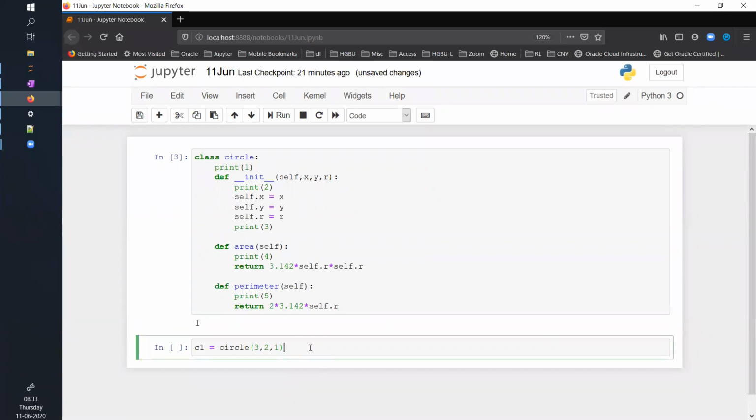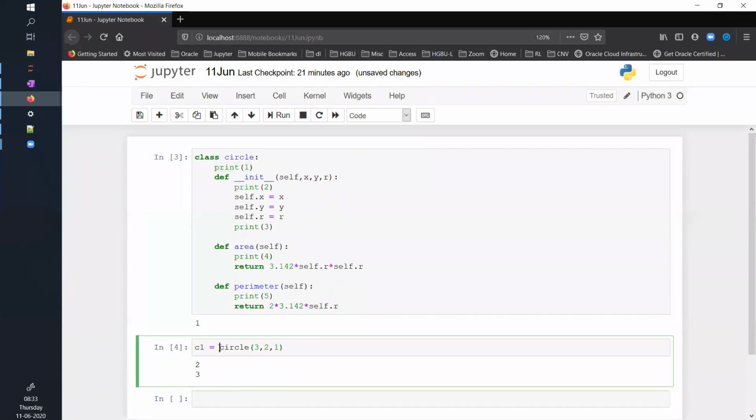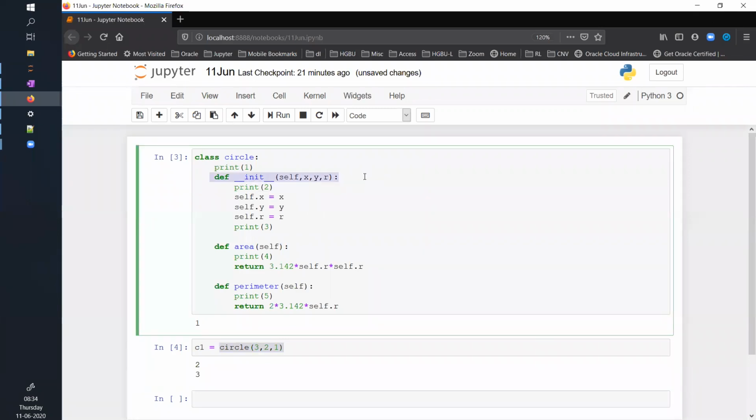Now if I run this, what will get printed? It will print 2 and 3. Why? Because I'm creating an object, and the moment I create an object, this particular function will get called. So that's why 2 and 3 are getting printed. But these functions are getting attached to the object, but are not invoked. They are just attached to it.